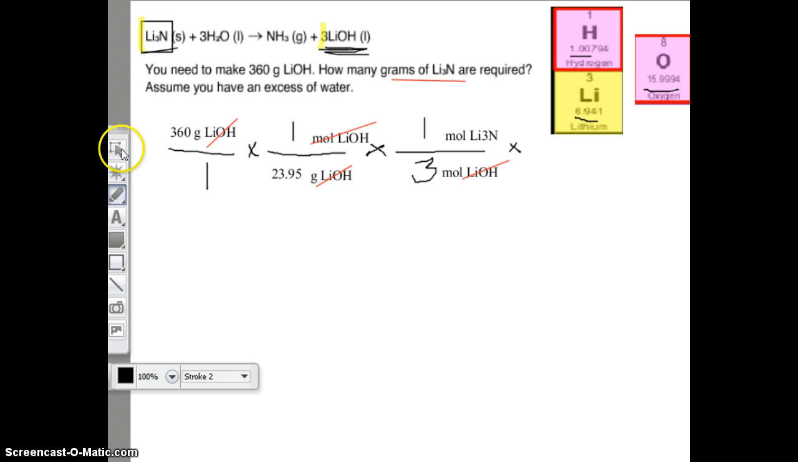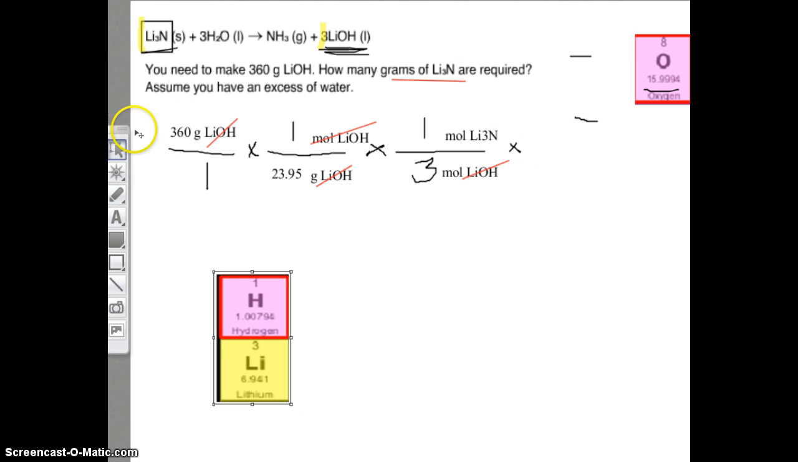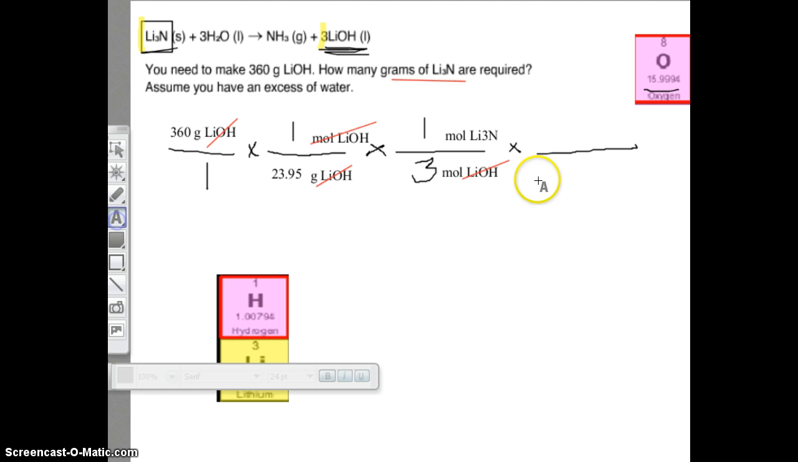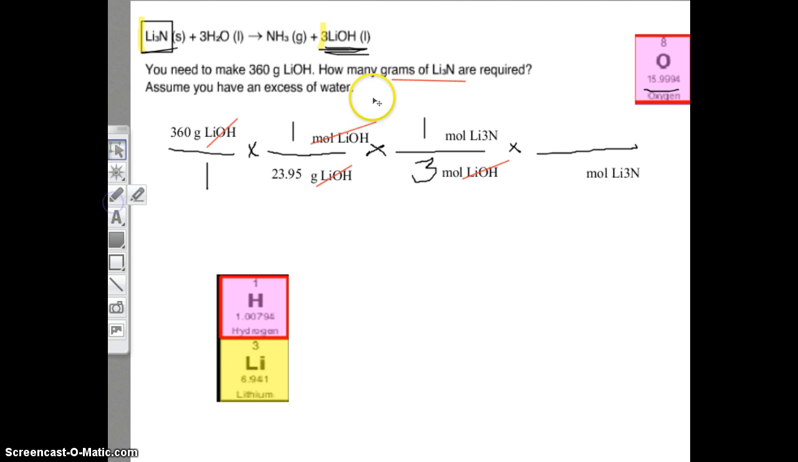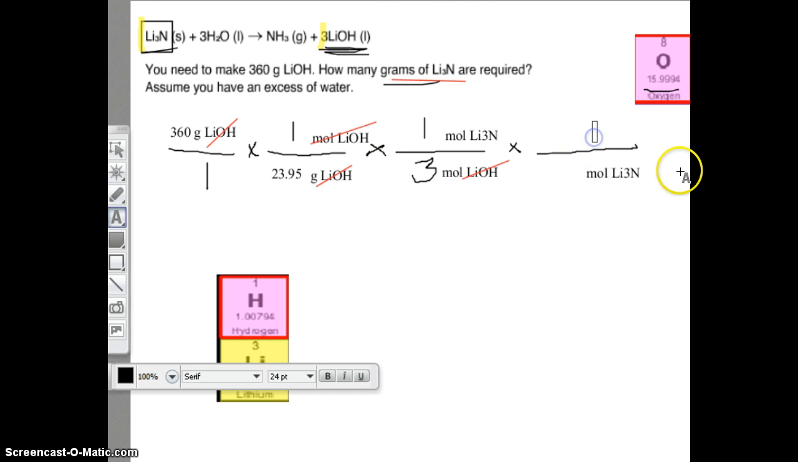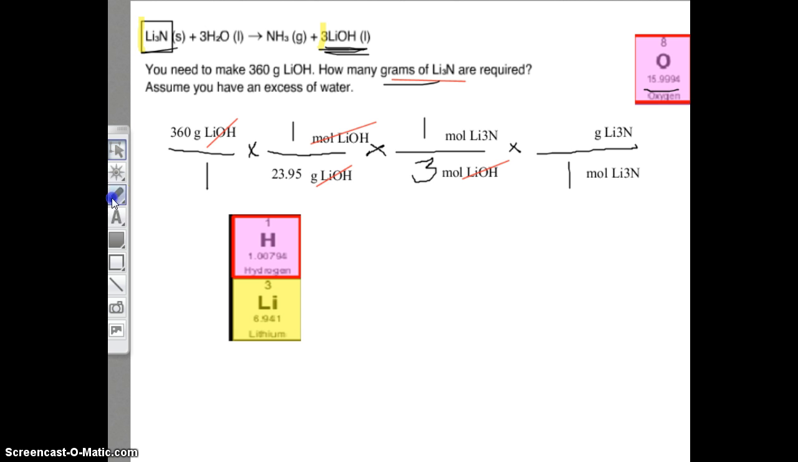All right, I make my next fraction. And what has to go on the bottom of my next fraction? It has to be moles of lithium nitride. And what goes on the top? All right, what am I trying to get to for my final answer? Grams. And so I'm going to go ahead and put grams of lithium nitride. And in 1 mole, how many grams are there? Well, let's see. There's 3 lithiums. So I'm going to have 3 times